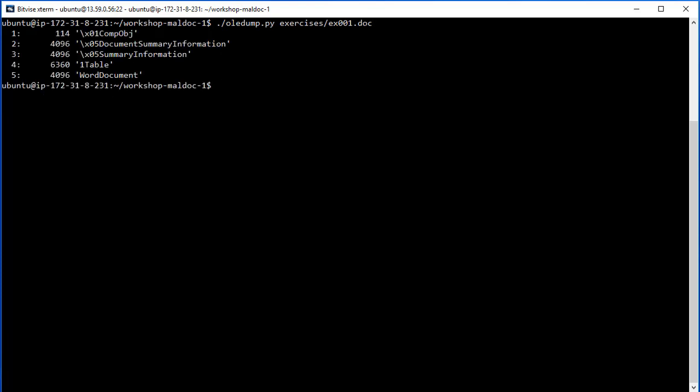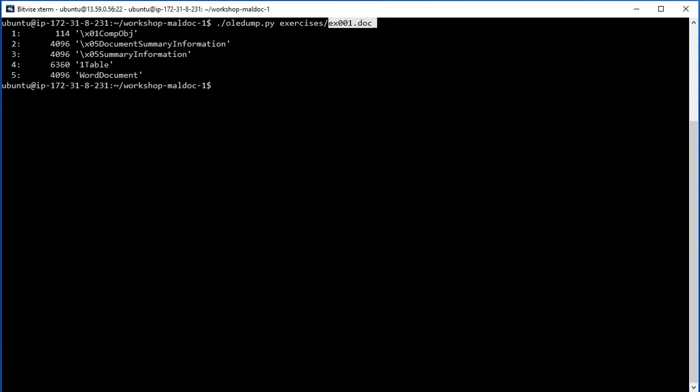If I do this, you can now begin to see the OLE tools parsing the content of this document file,